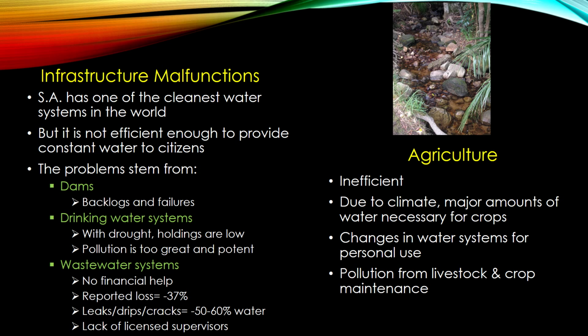Also, other problems regarding the wastewater systems are that there is no budget from the government to deal with these types of situations. All the upgrades that the Department of Water and Sanitation want to do on these infrastructures had to be put on hold because the government's not giving the money and they can't find the money anywhere. So what are they going to do? Right now, it seems that out of the water ideas and the water schemes that the DWS has proposed, 30% of them have deficient budgets, and 15% of these schemes are predicted to fail in the next 5 years. So that does not sound good.